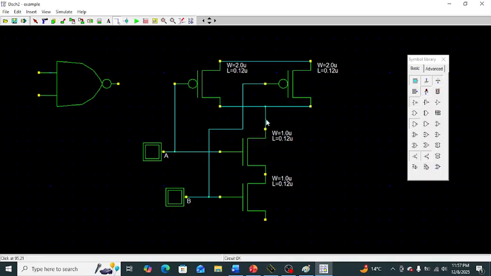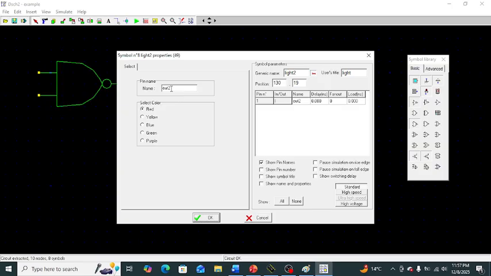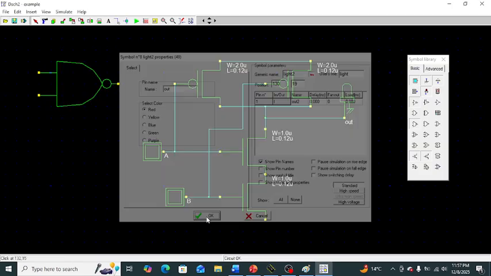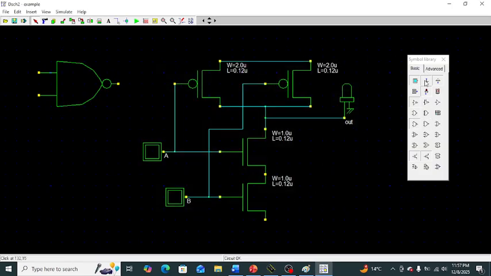From the drain terminal of both NMOS and PMOS, output is assigned to this node. This is the output. Now we call this as out. Now pull-up network is connected to VDD supply and pull-down network is connected to ground supply.